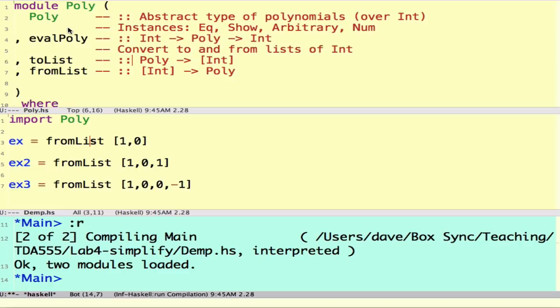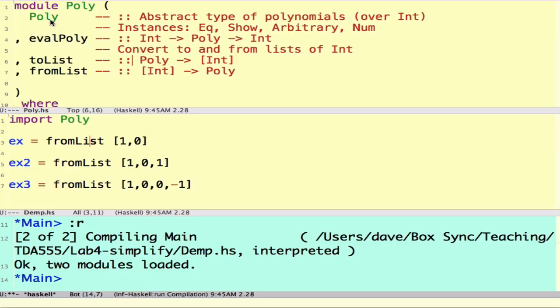That's a quadratic. So it's powers of x multiplied by various constants. So we'll see that much more clearly when we look at some examples. So this Poly is what's called an abstract data type. What that means is that the module doesn't export any constructors of this data type. So we don't know when we use it how it's represented. Of course, you can look in the file, there's no secret, but you don't have access to that when you